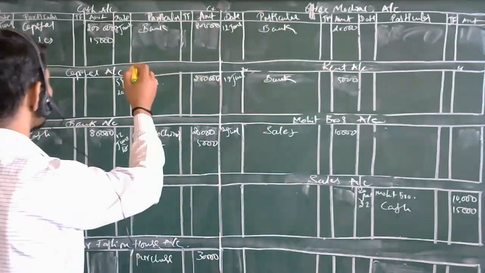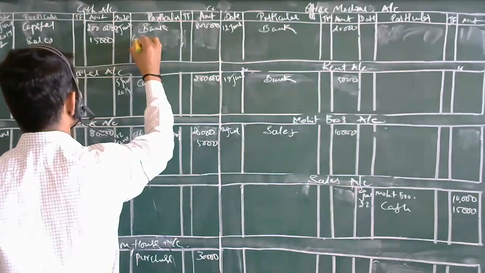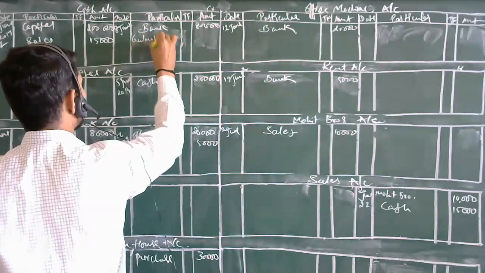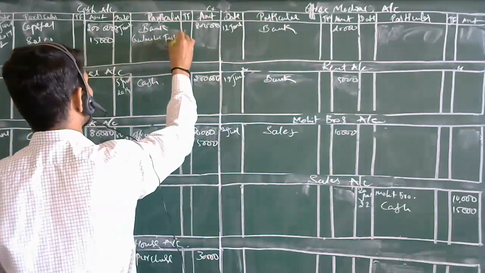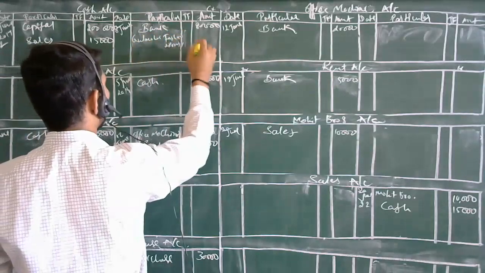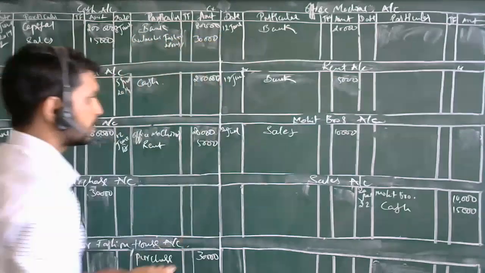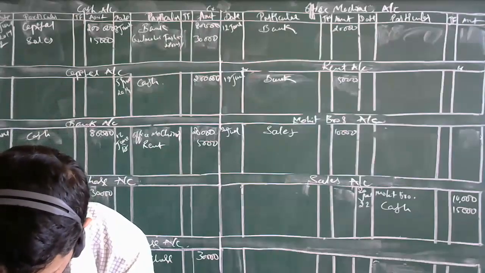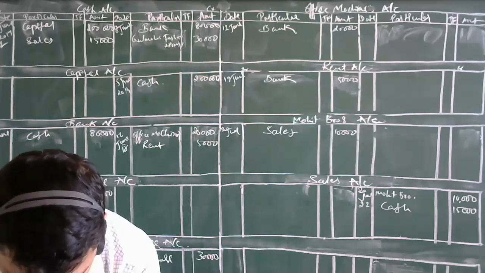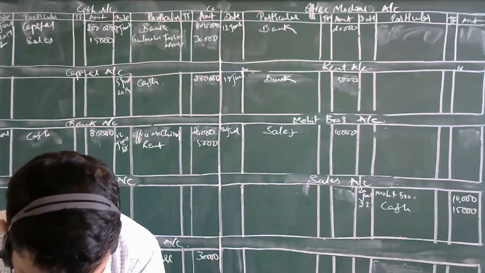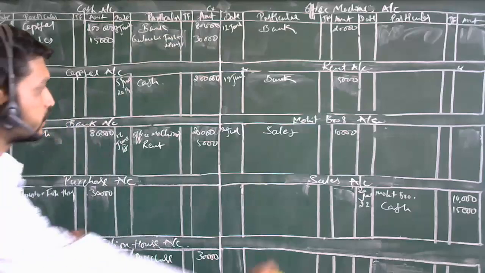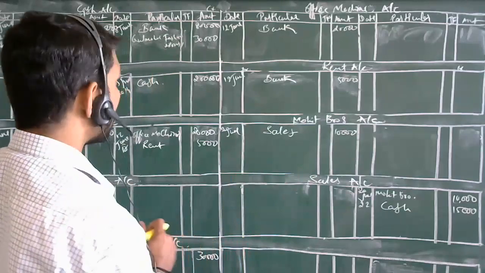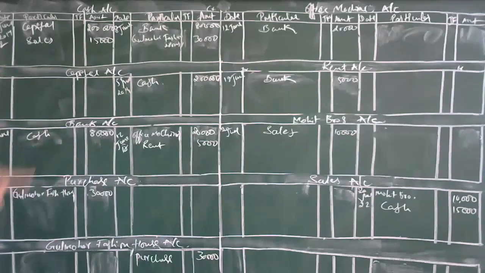To cash account. In cash account, here you are going to write Gulmohar Fashion House. How much? 30,000. Okay. And what has been told? Fashion House. Then Gulmohar's account, where is it? Gulmohar's account is debited. Where have I opened Gulmohar account? Sir, down it is. Down. Okay. Here it is cash. How much is cash here? 30,000.